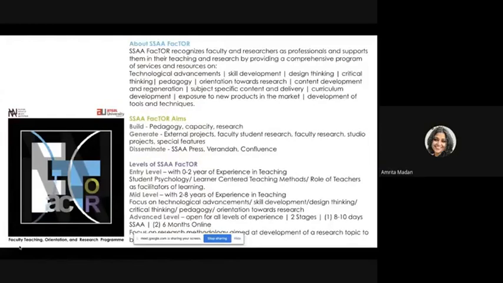So we've discussed this. SSA Factor has been a program that we started about 3 years back. The idea was that we were looking at something that needed to become relevant for architecture faculty, architecture design, all the related disciplines, planning, more than what was going on outside. We were hoping to tag all the real issues that we were facing while teaching, and we thought, who best to teach each other than the people who are actually facing those issues. So the Factor program, which is faculty training, orientation, and research. So the SSA Factor comes from there.